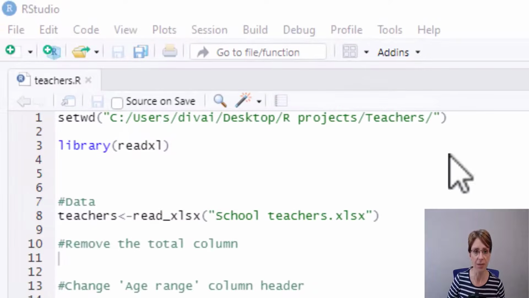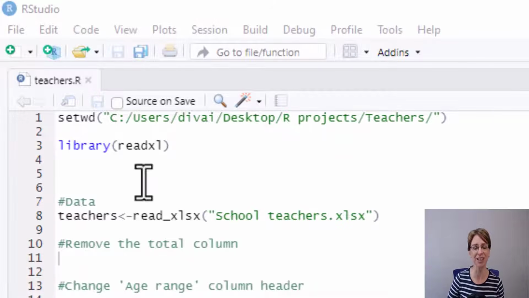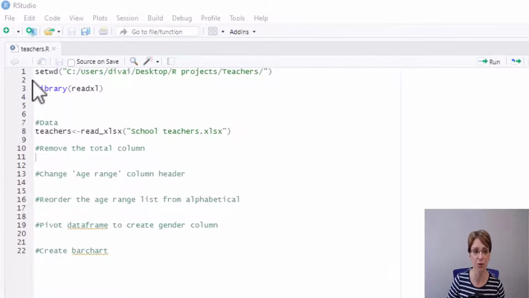In the R script I have set my working directory, and then I've loaded the package readxl to allow the Excel spreadsheet to be read. Then I have set up a data frame called Teachers, and into that data frame I've put read_xlsx and then the name of my spreadsheet, School Teachers. If I now run that code,